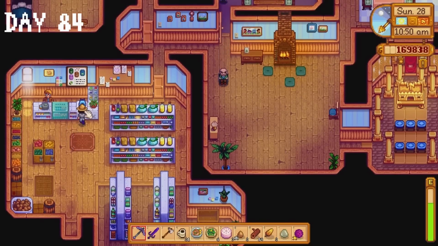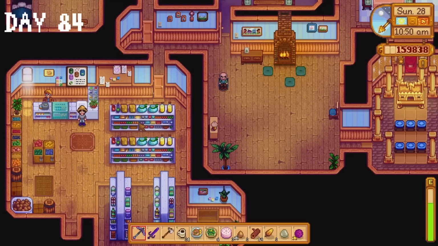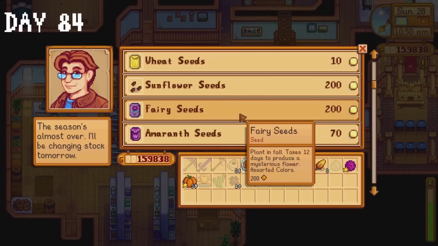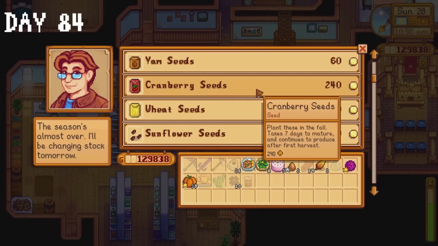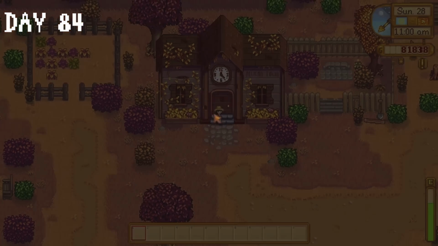I finally buy the last backpack upgrade. I completely forgot about this. I got so used to having 2 rows of inventory that it didn't even cross my mind to buy this upgrade until now. I purchased the catalogue and 200 cranberry seeds, and I donate the red cabbage to the community